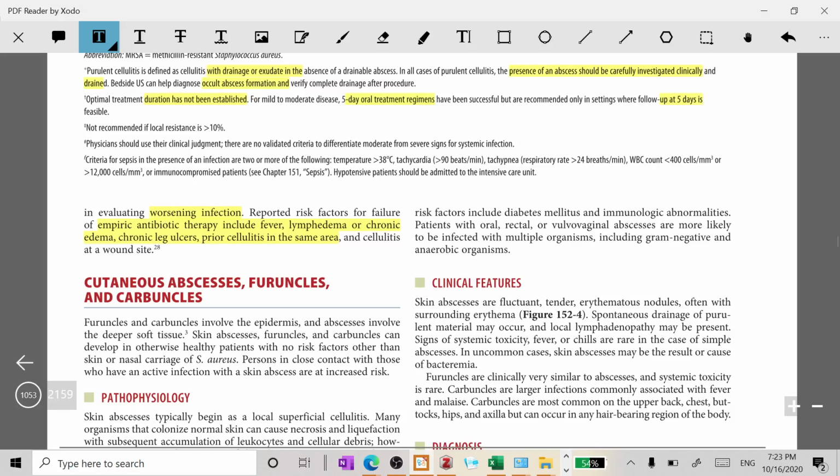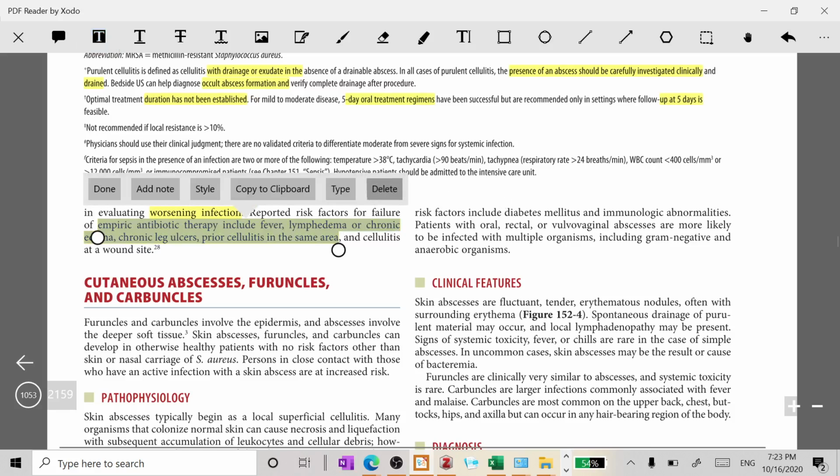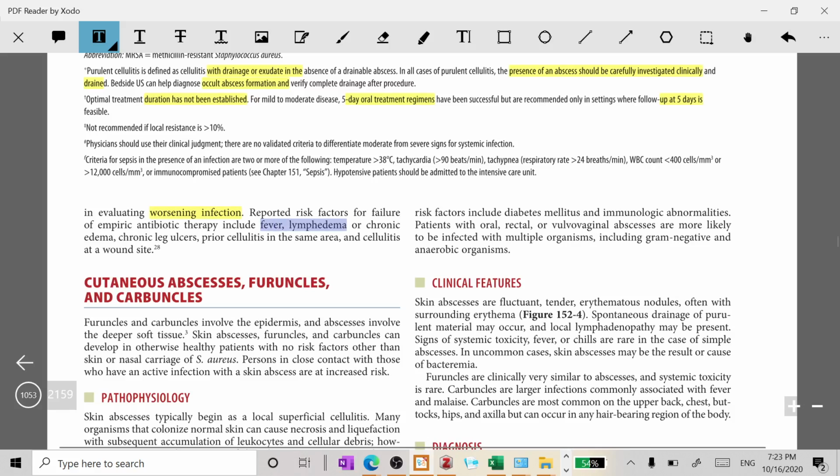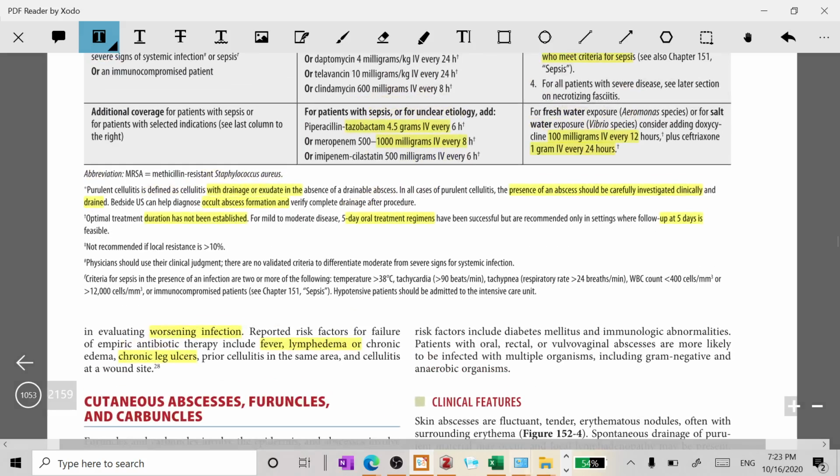Reported risk factors for failure of empiric antibiotics include fever, lymphedema or chronic edema, chronic leg ulcers, prior cellulitis in the same area, and cellulitis at a wound site. So this is what the disposition is. So this concludes our